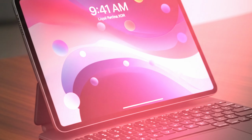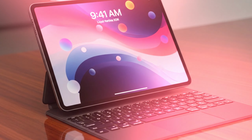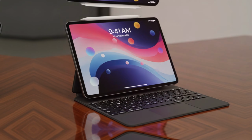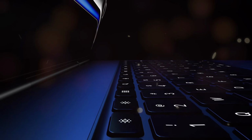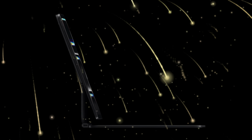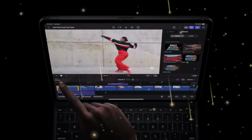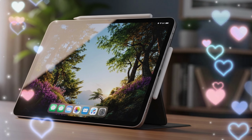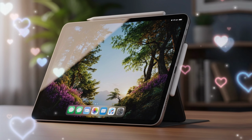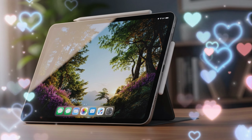But there's a catch. To keep that $349 price point, which is the magic number for the American education market, Apple has to make some compromises. And this is where the debate gets heated. The display on the iPad 12 is expected to remain a non-laminated, 60 Hz Liquid Retina panel. For the tech nerds, this is a crime. They want the 120 Hz ProMotion. They want the inky blacks of OLED. But Apple knows that for the millions of people buying this tablet,